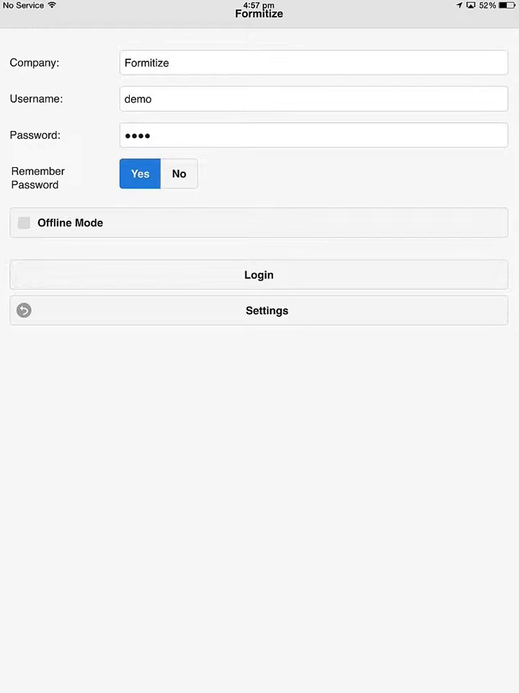Okay, this is the login page. The company username and password credentials will be provided to you, and that determines the forms and resources you'll have access to once you log in. You'll see there's a note there on the offline mode, so you can select that if you want to, but the app works perfectly with or without internet connection. I'm going to hit login, and